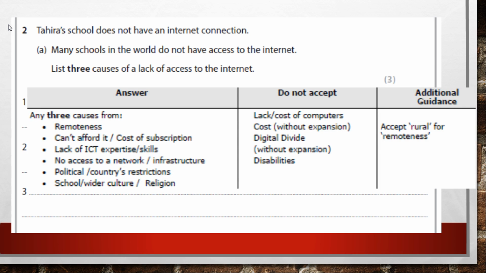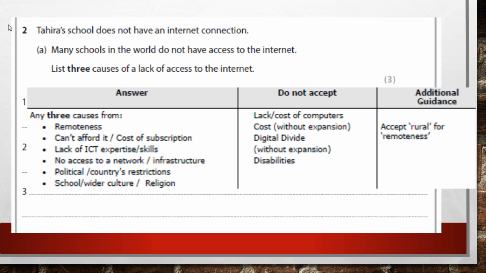Okay, so it could be the fact that they're nowhere near any type of structured communication. There are no mobile phone masts, there are no broadband telephony providers. Could be somewhere like Antarctica or Greenland or the Falkland Islands. Also, remember we did our digital divide learning about people just can't afford it, the cost of subscription. There are some people at school who say, well, I can't do my homework because I don't have access to the internet for whatever reason.